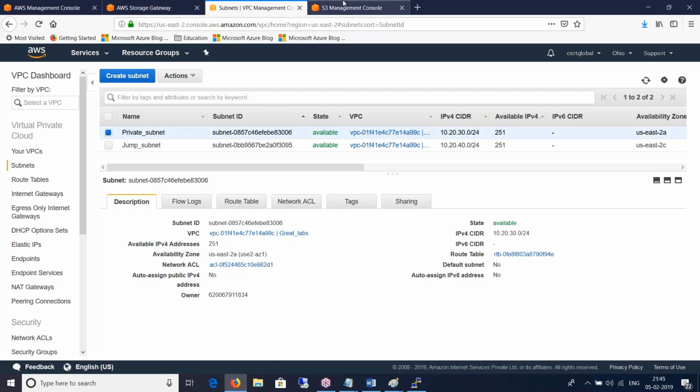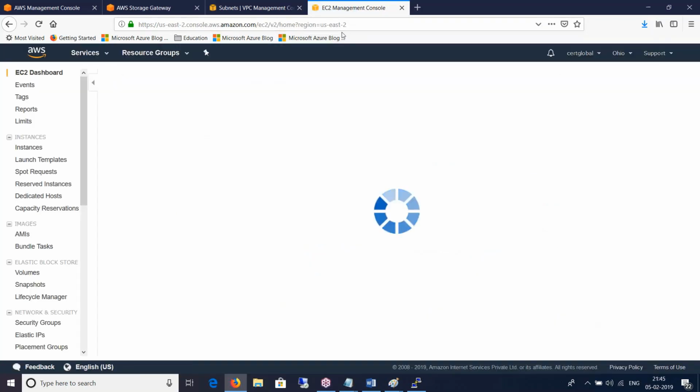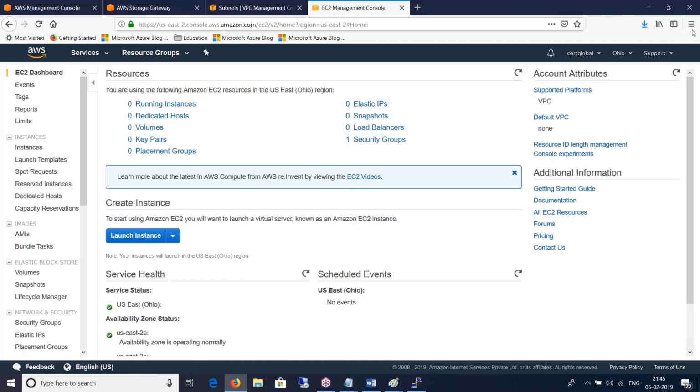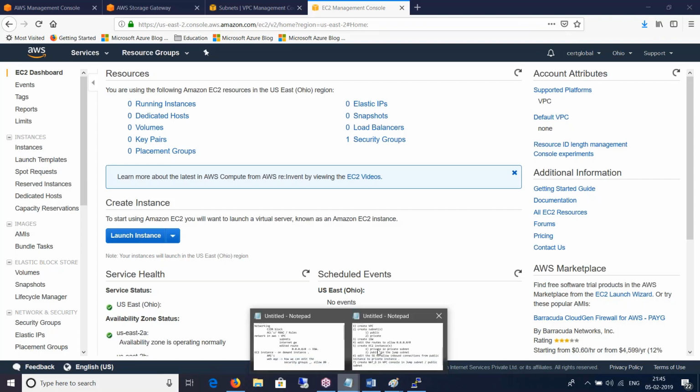It's time to create an EC2 instance. So go to services, EC2, US is 2. Okay, good. I hope you're following me. I don't want to rush because of any reason, and if you are lost or something, please put it in the chat or unmute and ask the question.